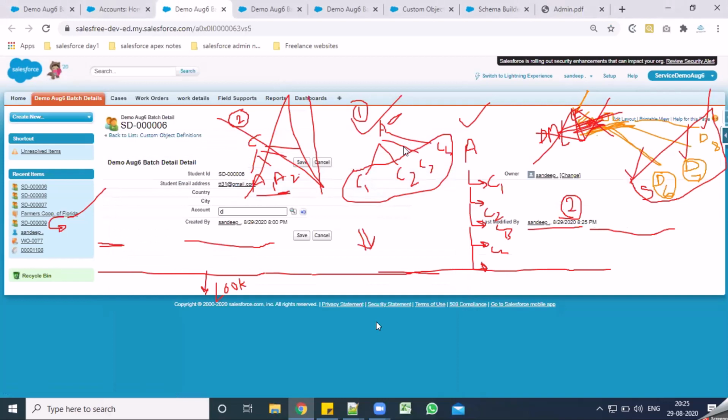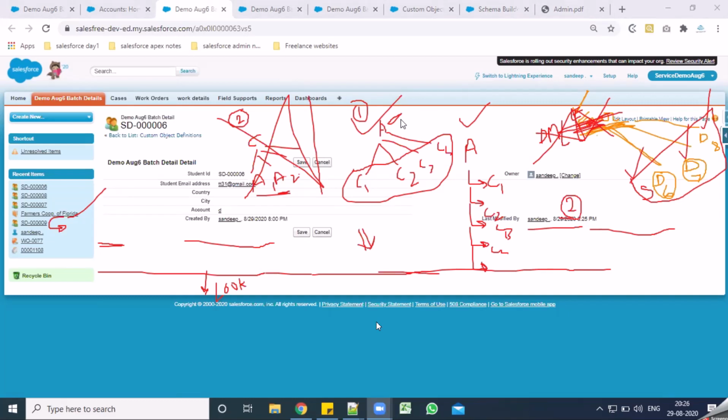A couple of points that you need to remember: lookup basically helps you connect two different objects. And the second point is, it is not a mandatory field. You can still create a record without populating that information. And the third point is, once you delete a child record, your parent would still be in place and the other children will also be there in the system. All right. But when you delete your parent, the children that are connected to the parent would lose their parent information. All right. So that is what this lookup does.